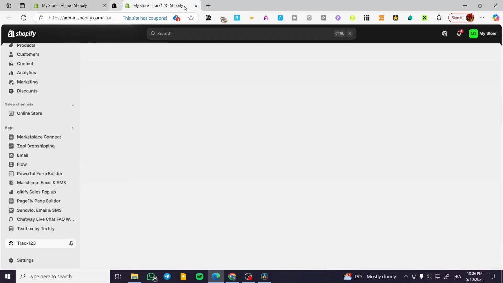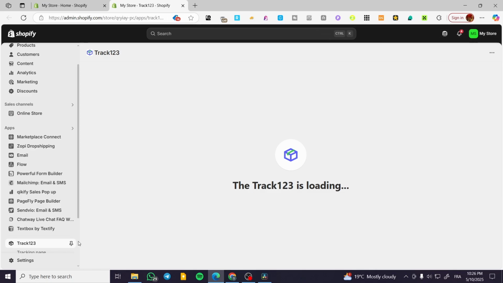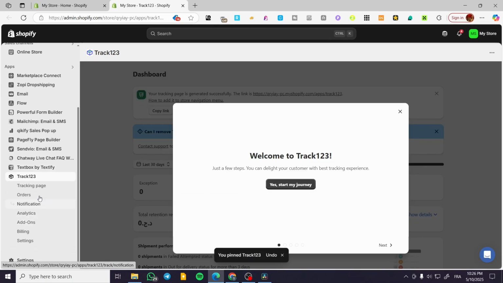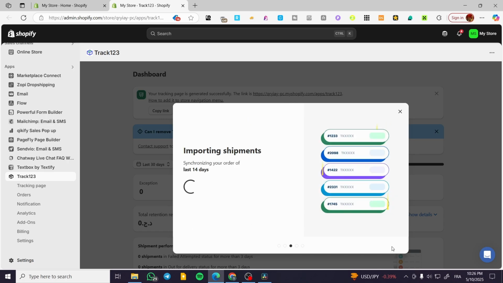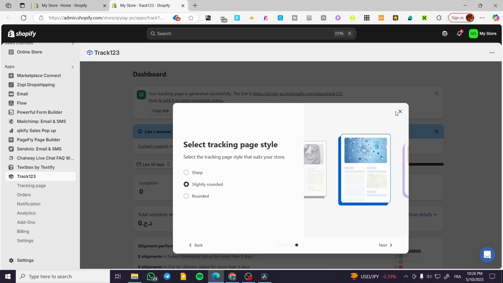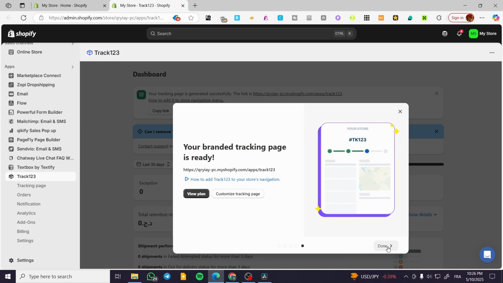I'm going to install the app real quick. It is going to be right there. I'm going to pin it to the navigation because we need it and we do not want to lose sight of it. So it is going to be a welcome message. We are going to start the journey. You're going to have a dropshipper mode, as you can see, or maybe something else. If you're a dropshipper, go ahead and say that you are a dropshipper,